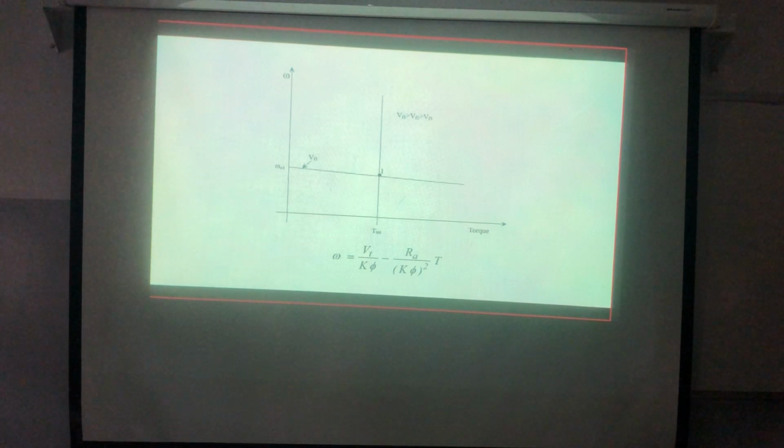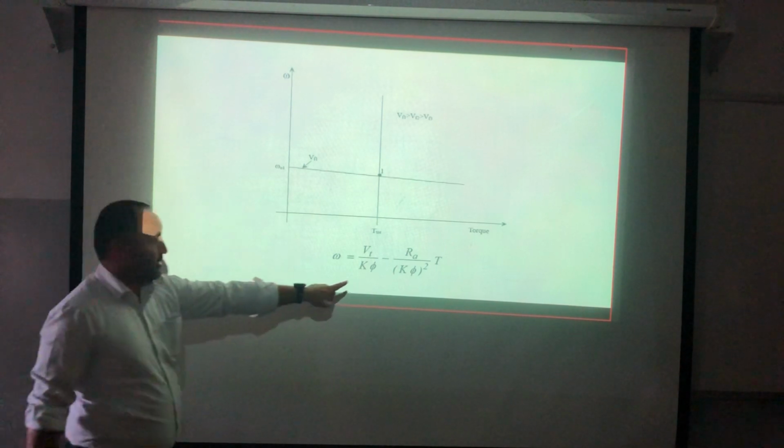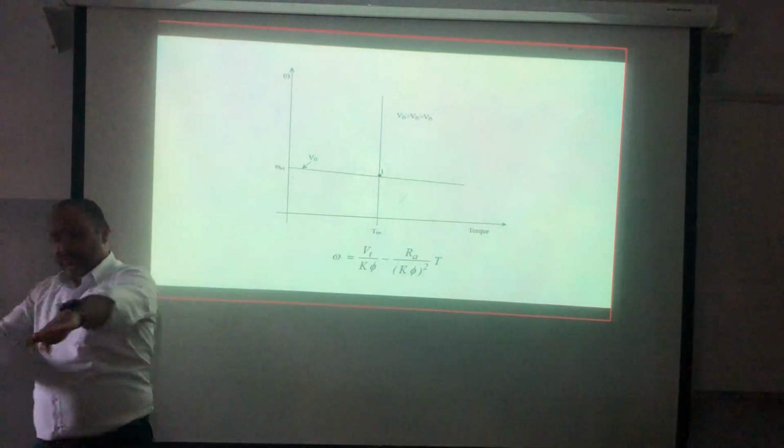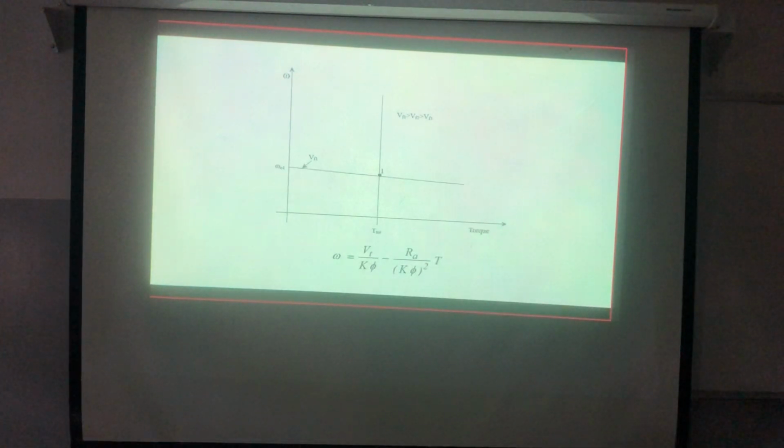So adjusting the field will adjust the no-load speed, and it will adjust the slope. So now the slope is not the same. You see the slope of the curve is not the same. Why? Because I'm reducing the flux. If I reduce the flux more, I will go to point number 3, and the slope will be increasing. Not in the same fashion as the armature voltage control, where the slope was